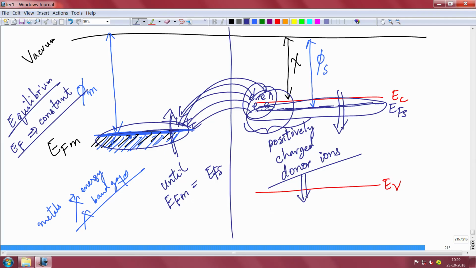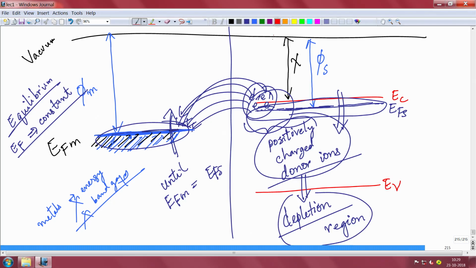And when we have only positively charged donor ions and mobile electrons are no longer there, then we call that a depletion region. Much like in silicon, any PN junction, here also you will have a depletion region, because the electrons from the semiconductor have gone to the metal, they have left behind positively charged ions, and in the absence of any electron there, that is a depletion region. But of course, there will be a particular width up to which the depletion will exist. I am calling it WD, for example. So, a particular width, because only to that extent the electrons will keep coming and it will be depleted. After that the Fermi level on both sides will be equal.